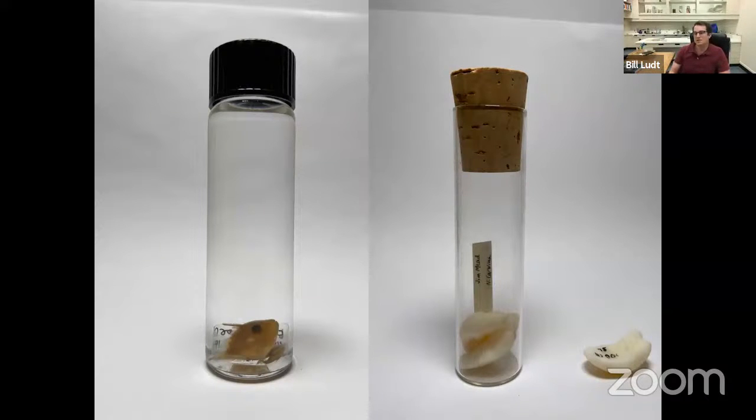Now, in addition to all of this, we do have digital content associated with some of our specimens. And I did say that museum collections are a little bit different than libraries in the sense that it's hard to scan fishes or it's hard to scan museum specimens and let them be available to the public, or at least a little bit harder than scanning a book. But we are